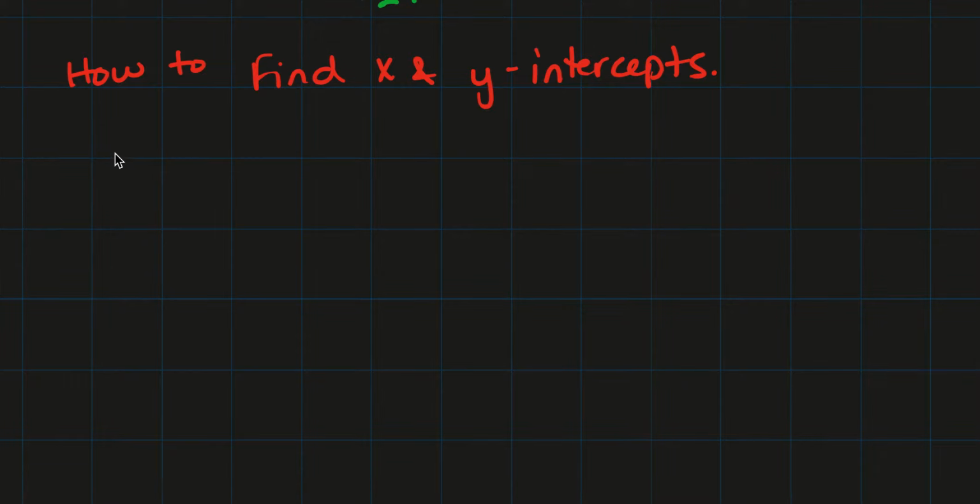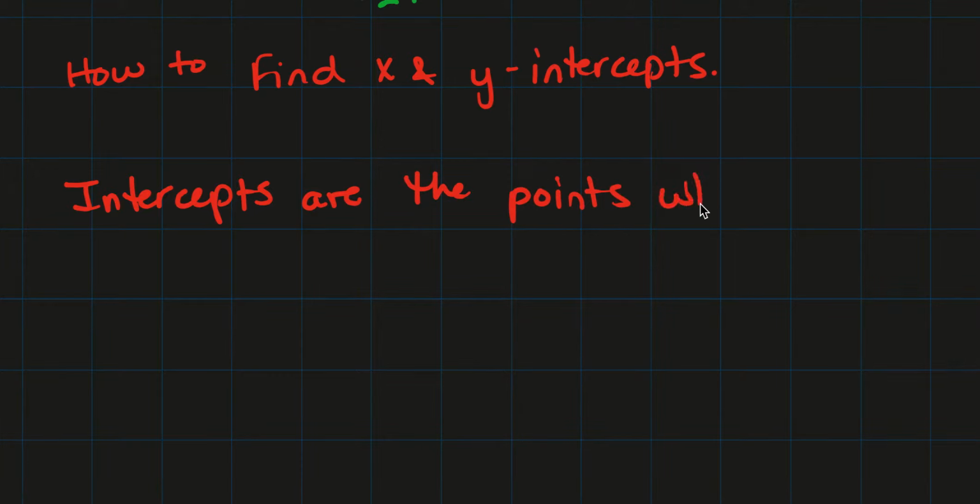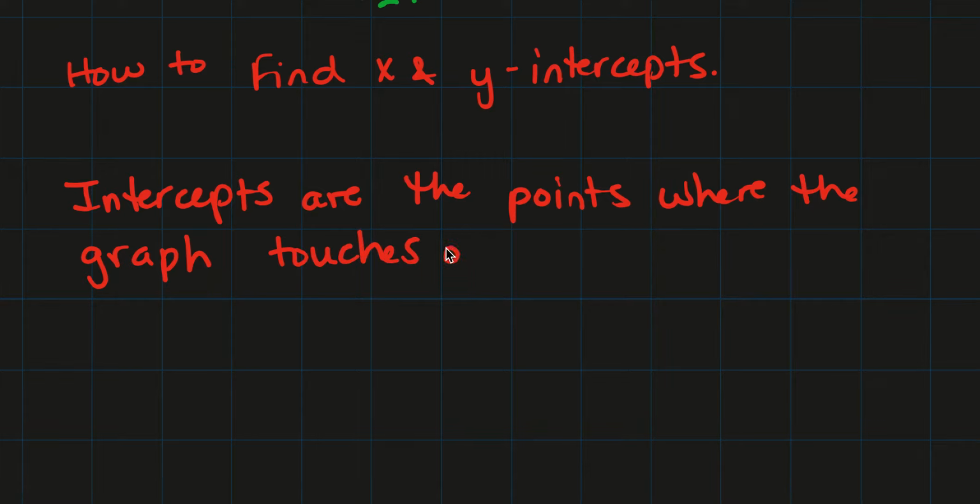So intercepts are the points where the graph touches or crosses